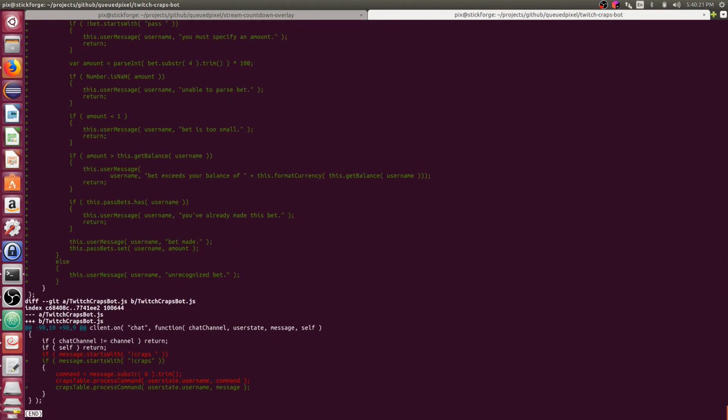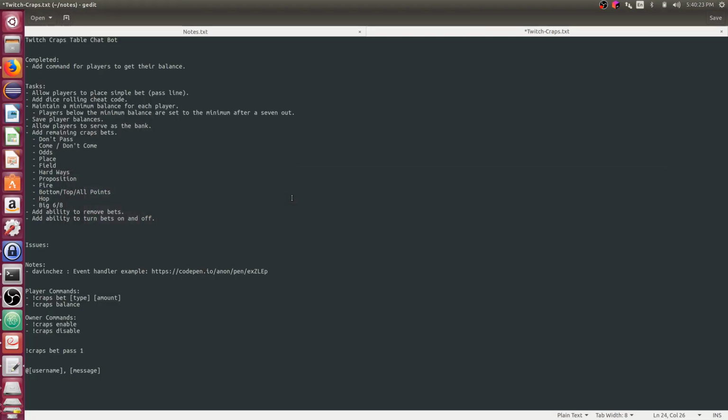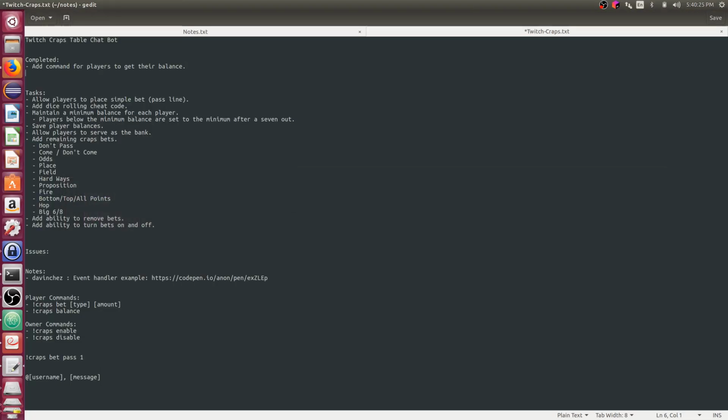And this looks like a very good commit point. I've got a great amount of work done here. So, add ability to make pass line bets. Say make, because place is a craps term. It's a craps bet, name of a craps bet.